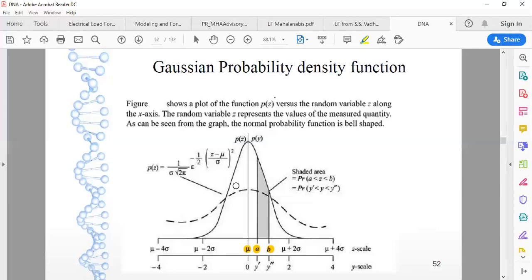Now, based on this curve, keep this thing in mind. We have drawn two curves. One is a steep curve, which is represented by a straight line, and the second one is not that steep, which is represented by a dotted line. So both have a different value of sigma. We'll discuss that afterwards, but right now keep this in mind: we have two probability functions for different sigma values. Over here it is sigma 1, and this is sigma 2. And why the shape is so, we will discuss later on.